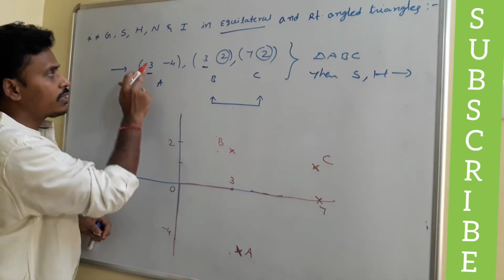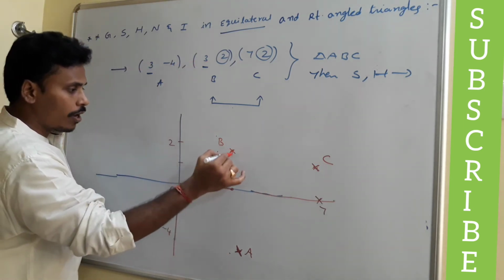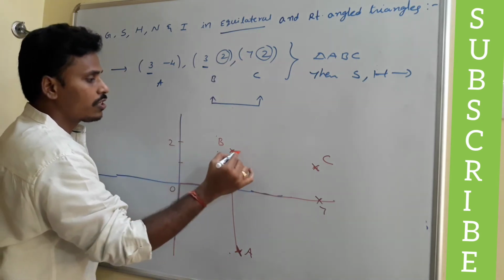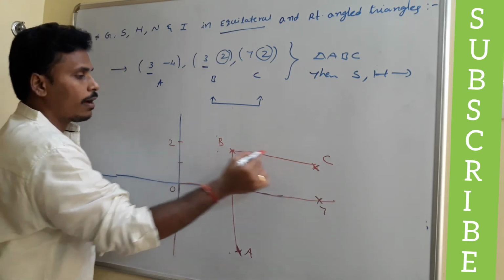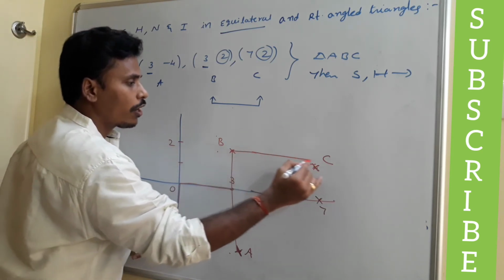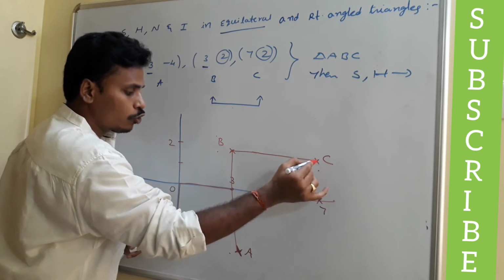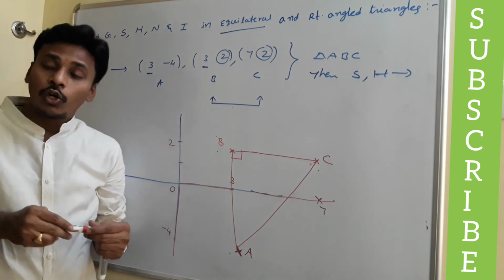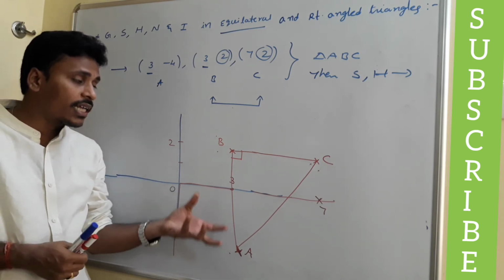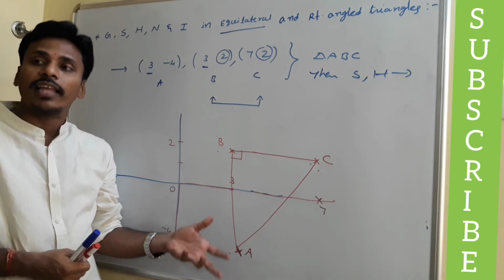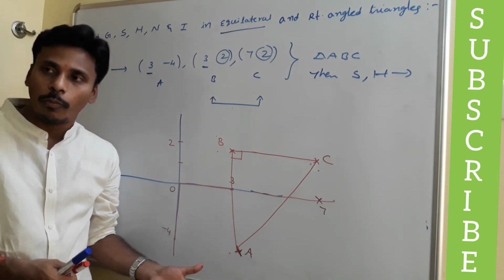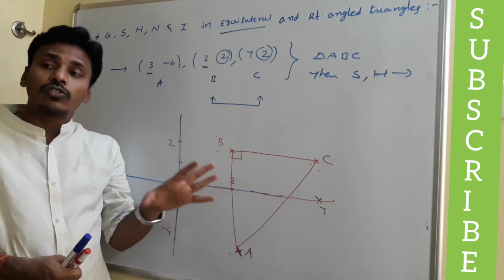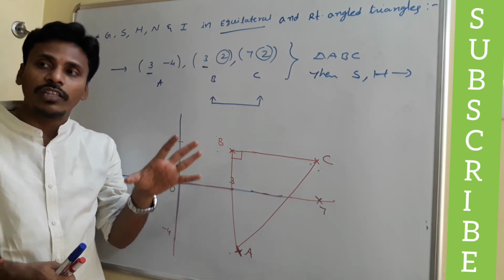Now this is A, this is B, this is C. For these two points the x coordinate is 3, so this is on the line passing through 3 only. For these 2 points y coordinate is 2, so this is on the line at the distance of 2 units above the origin along y-axis, right? And if you join CA, surely it forms a right angle triangle, right? To discuss with you, I am locating the diagram in the coordinate system. But in the examination, no need to locate the diagram. Directly, you are able to announce that it is a right angle triangle by observing the vertices.